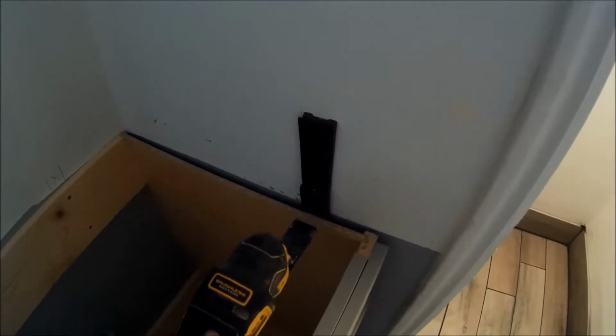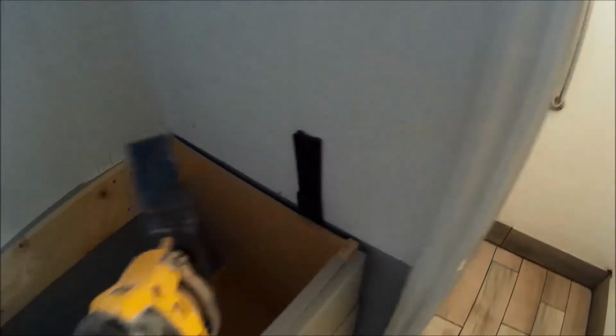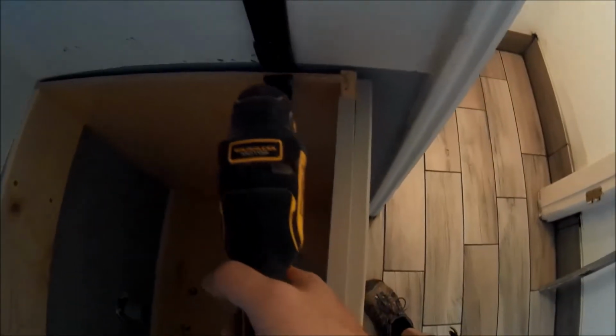Alright, this is where this saw is just fantastically awesome. I may need to switch hands for this. I'm a righty. You got shims hanging out, and you use this saw just to...